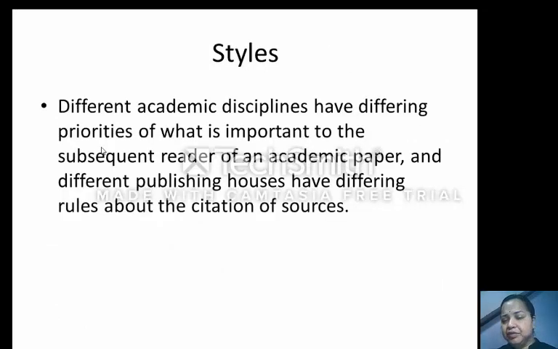Secondly, there are different styles of referencing. I will show that later, depending upon the disciplines that you're in, and also depending upon the publishing houses. Different publishers will have different styles of referencing. For example, if you talk about medical or paramedical related disciplines, then they would be using NLM,